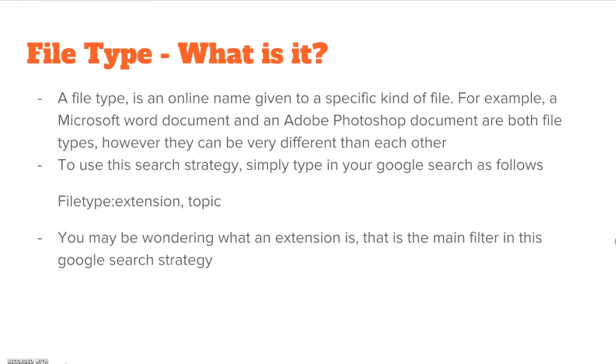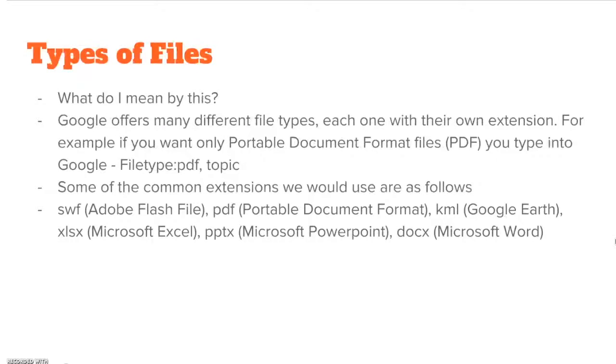topic. You may be wondering what an extension is. That is the main filter in this Google search strategy. Now, what do I mean by this? Google offers many different file types, each one with their own extension. For example, if you want a portable document format file, or PDF, you type into Google, file type, PDF, and your topic. Some of the common extensions we would normally use are as follows: SWF, which is an Adobe Flash